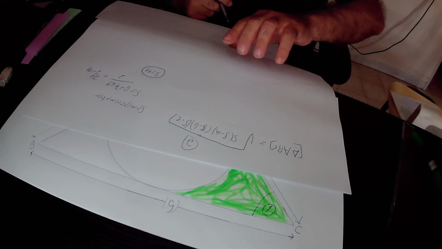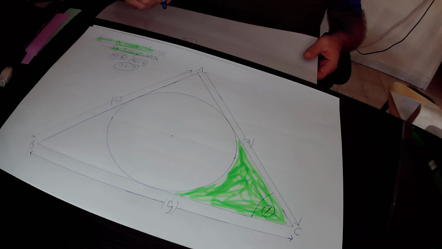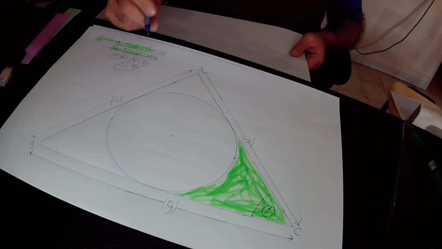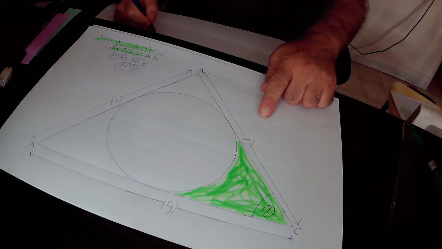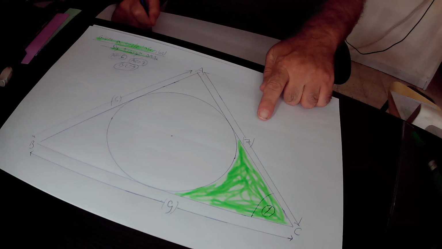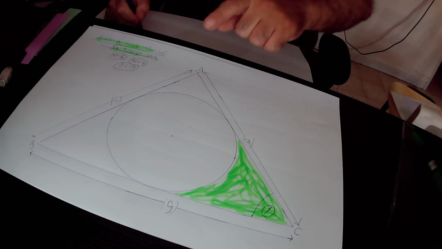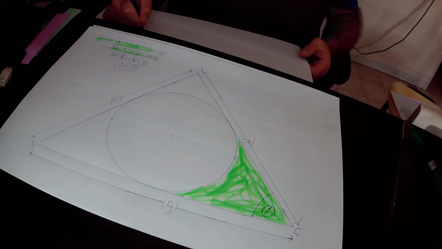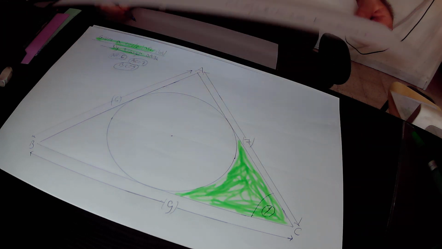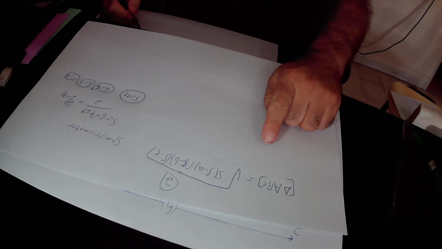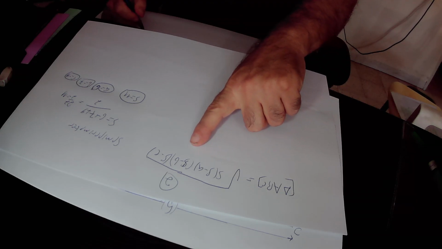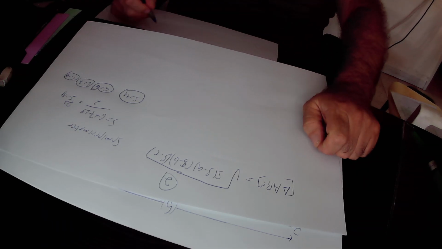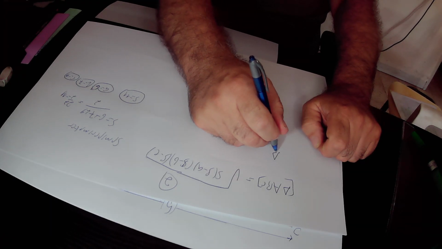So A equals 6, B equals 7, and C equals 9. So the area equals the square root of S times S minus A times S minus B times S minus C. So the area of ABC